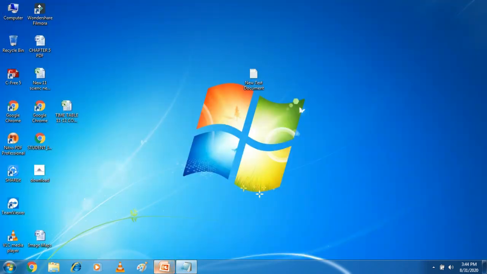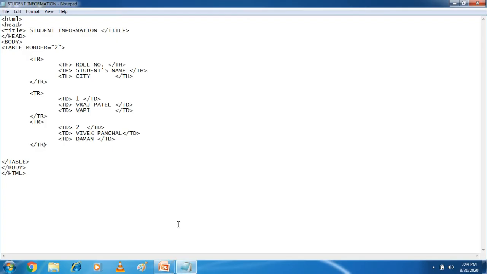Now what is actually this border attribute? The border attribute is used to create a border around the table. The size of the border is given in pixels. The border attribute is also used to create a border around each individual cell. So the width of the border is given in the form of pixels, and use of the border attribute is optional.